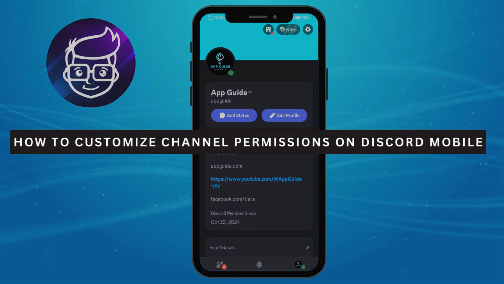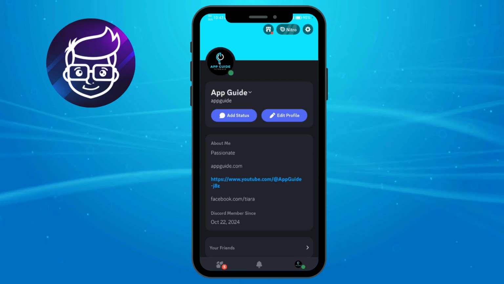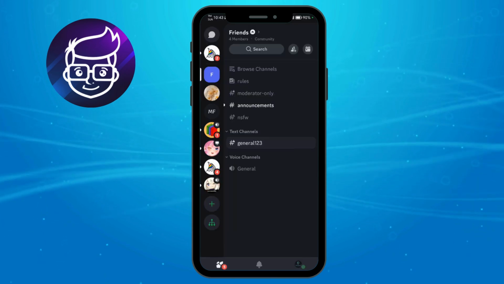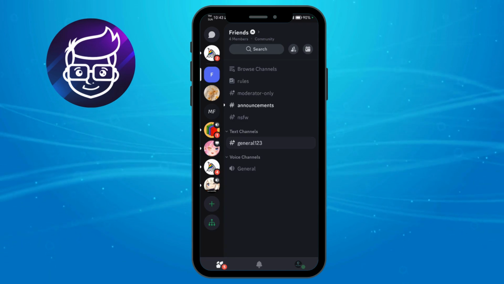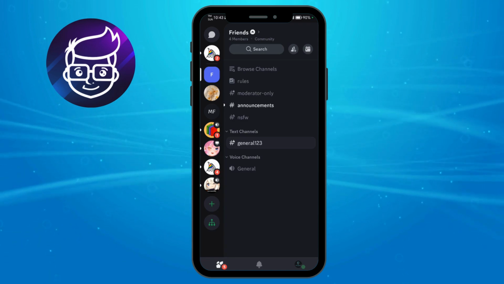How to customize channel permissions on Discord mobile. In order to do that, head over right here to your homepage, and then you should be able to see in here this. Just choose in here a server that you're a moderator of or an owner of, and then